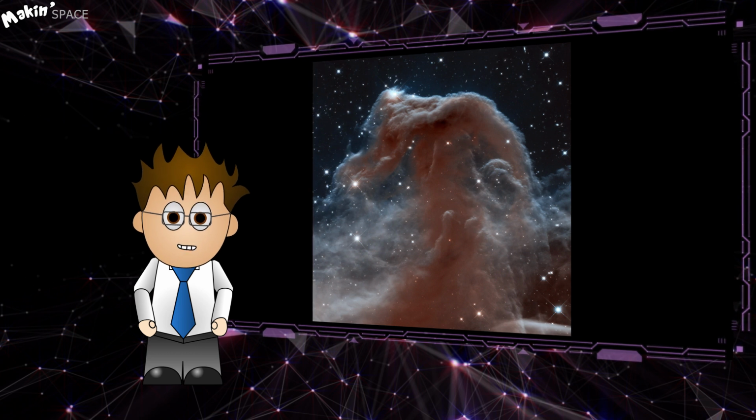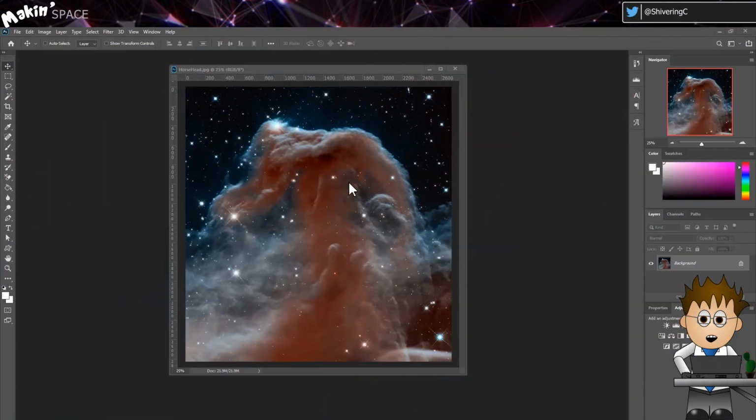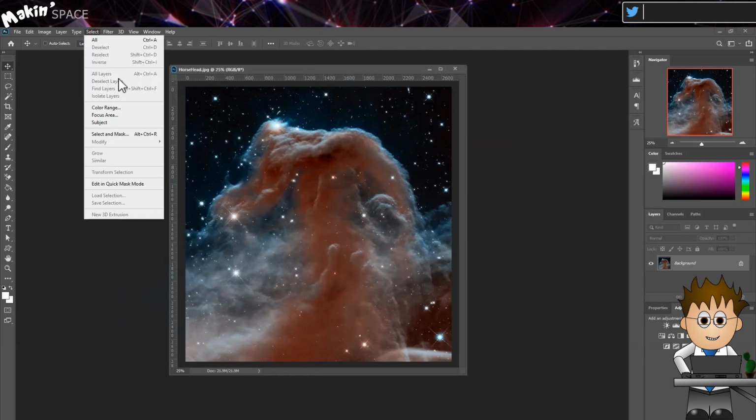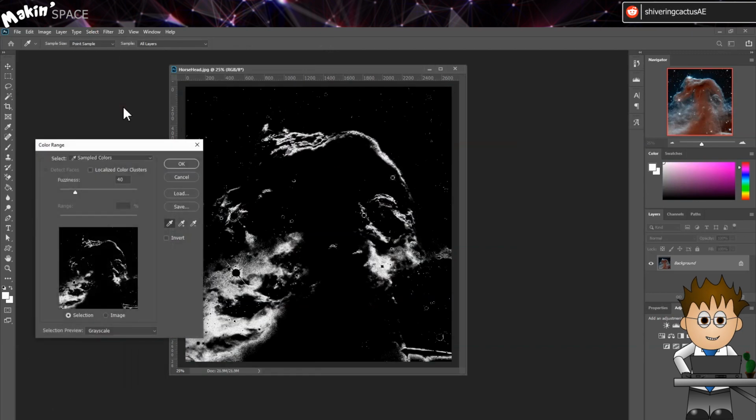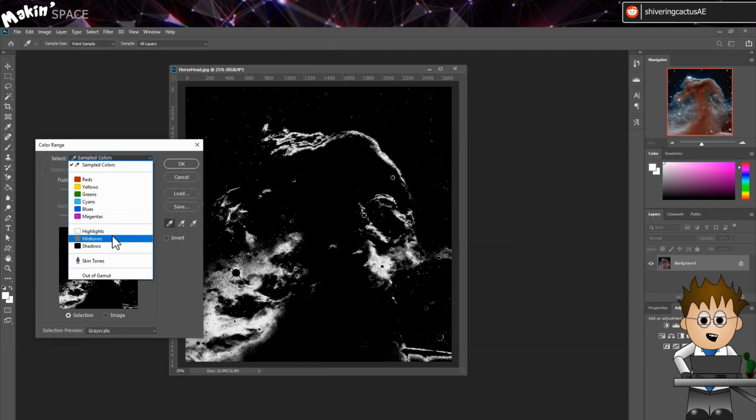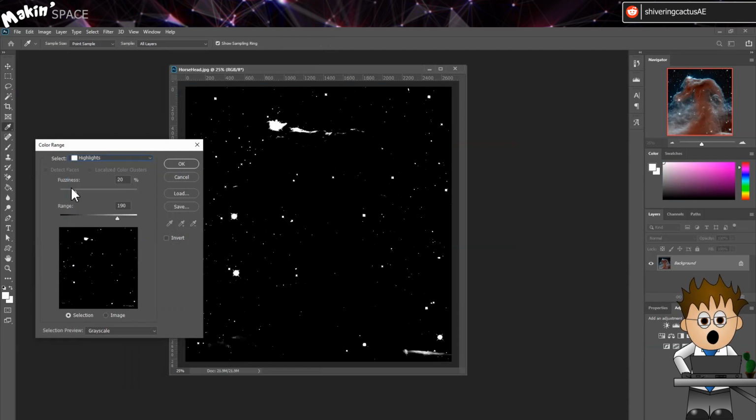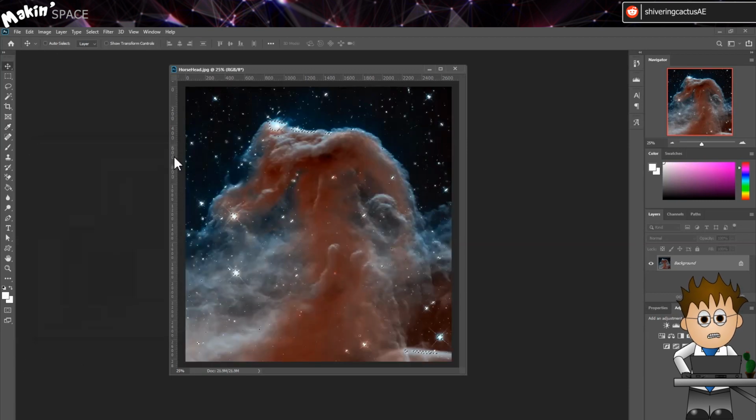And now let's open this in Photoshop. And now go to Select, Color Range. And change the Select drop down to Highlights. Photoshop will now pick out all the stars. You can adjust the fuzziness if you need to. Don't worry over much about getting all the starbursts, or if you want to be more scientific, diffraction spikes. Click OK. And Photoshop has now put marching ant selections around the brightest parts of the nebula,